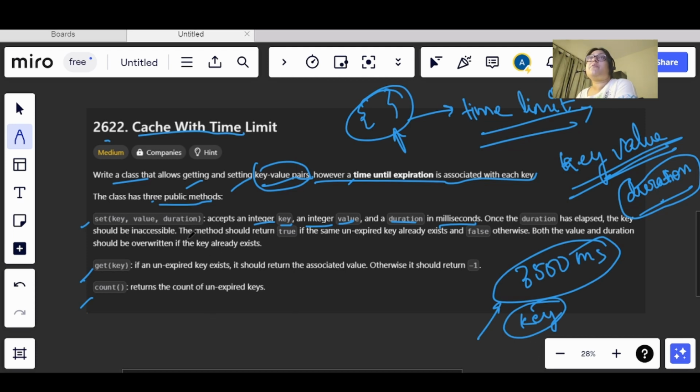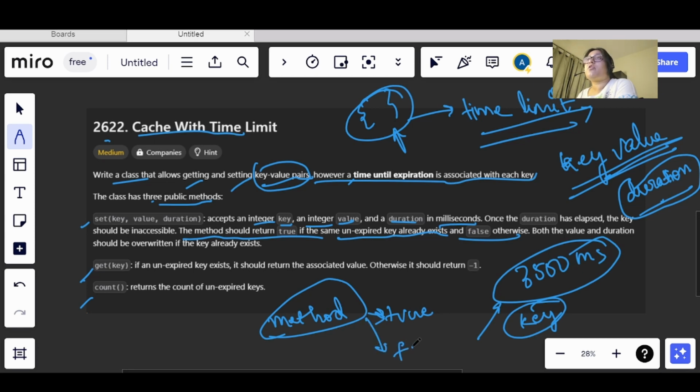And what we have been told here, the method should return true if the same unexpired key already exists, and otherwise false should be returned, okay. So the method should return true if the key already exists, okay, and if the key has not been expired, then it should return true, and if it is already expired, okay, then it should return false. So what we have to do, we will have some value that will get expired